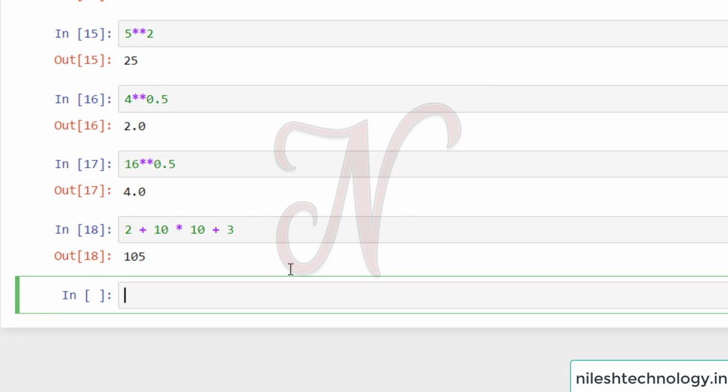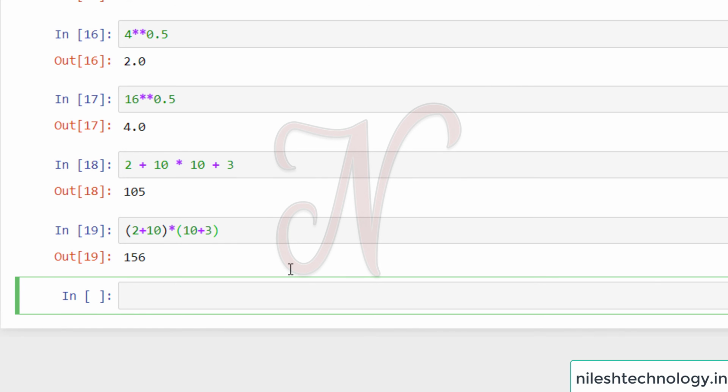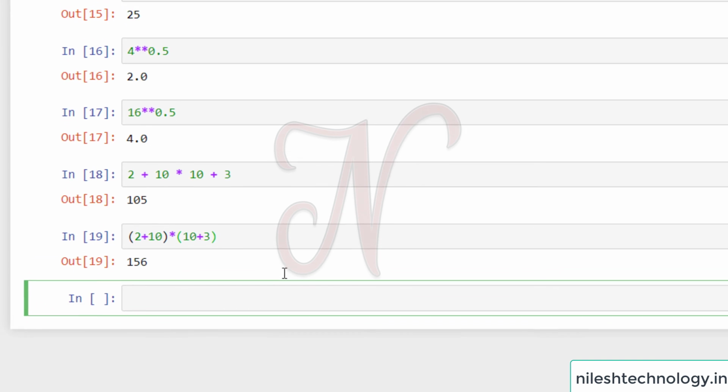Remember this. You can also use parentheses in this way: 2 plus 10, into 10 plus 3. I press shift enter, and the parenthesis operation is performed first. 2 plus 10 is 12, and 12 into 13 gives my answer 156.